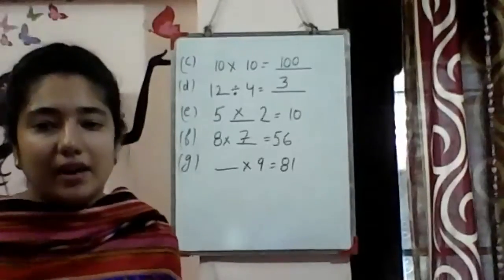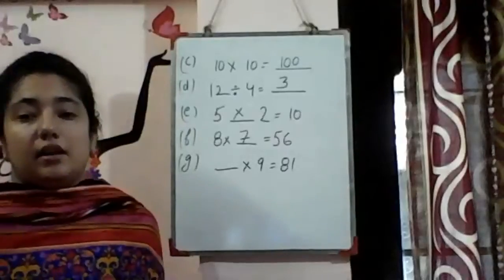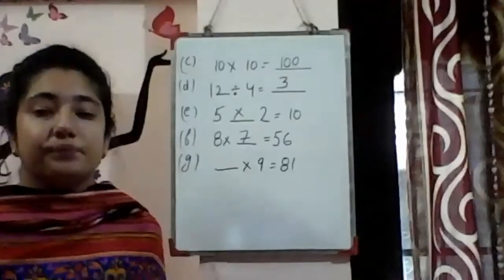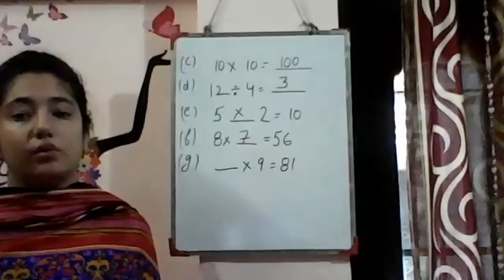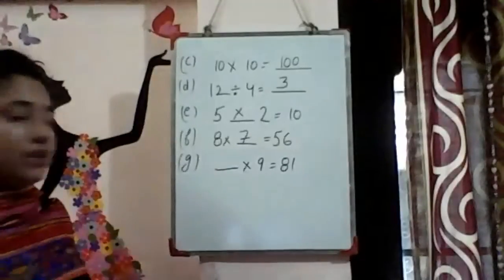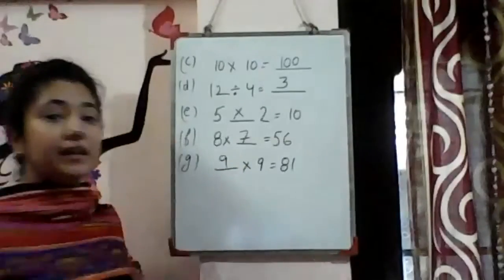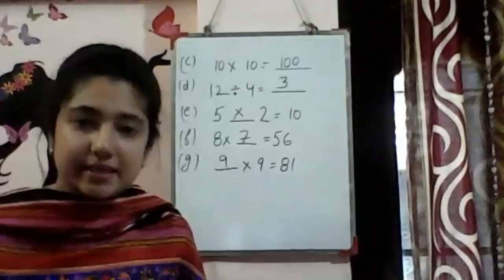I'm just, okay, one answer is right, wrong, Danish. I'm just looking for the wrong answers, if anyone is there. Okay, I only got one wrong. You had written 7, bache. So the correct answer is 9. Very good. Now everyone is writing 9. Yes, so 9 nines are 81.